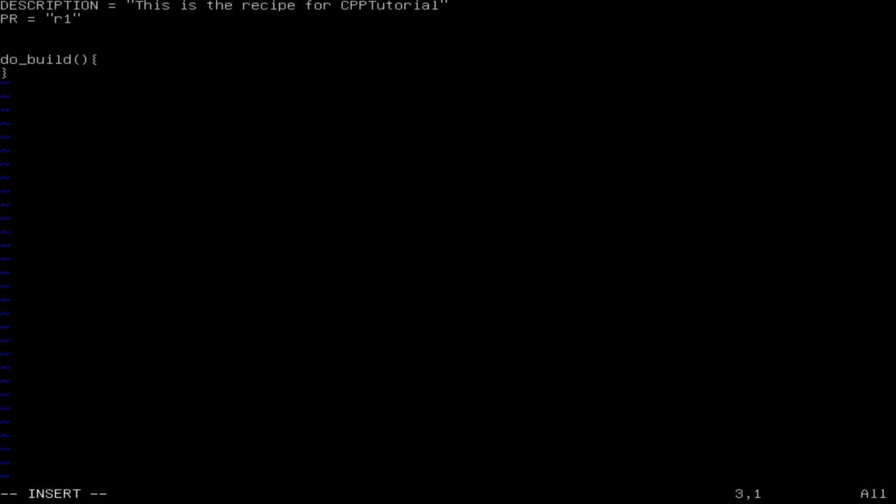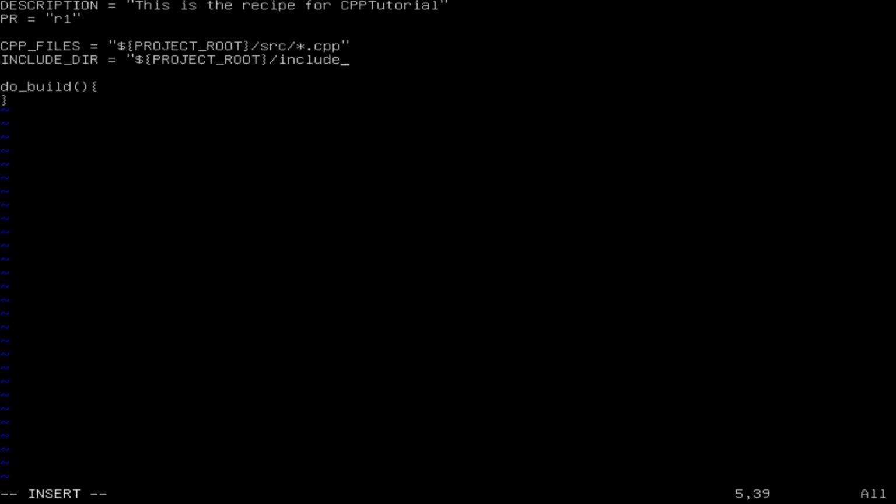So first of all, I am going to set the CPP files like I have done with CMake and Make also, and those are going to be set to the project root dash source, and we will take all CPP files. And also I will set the include directory, which will be project root dash include.